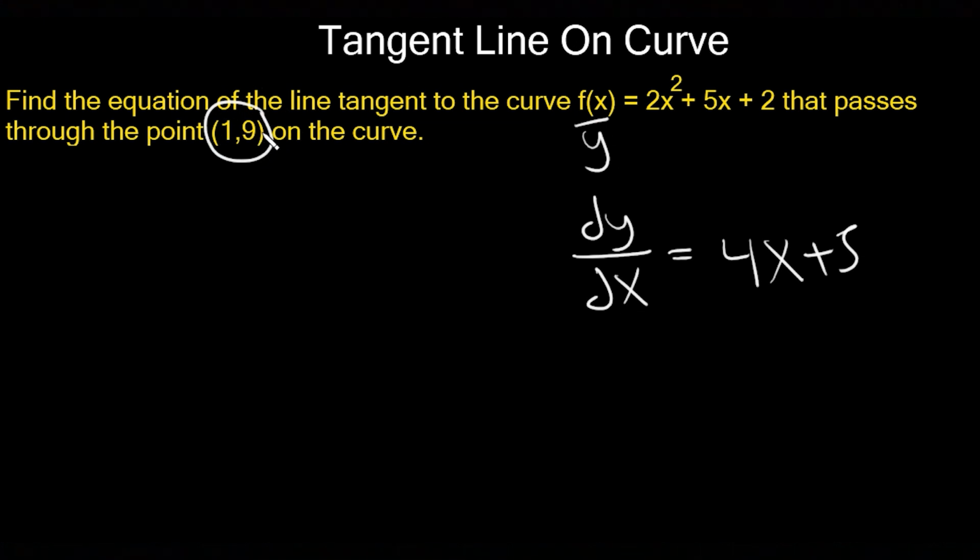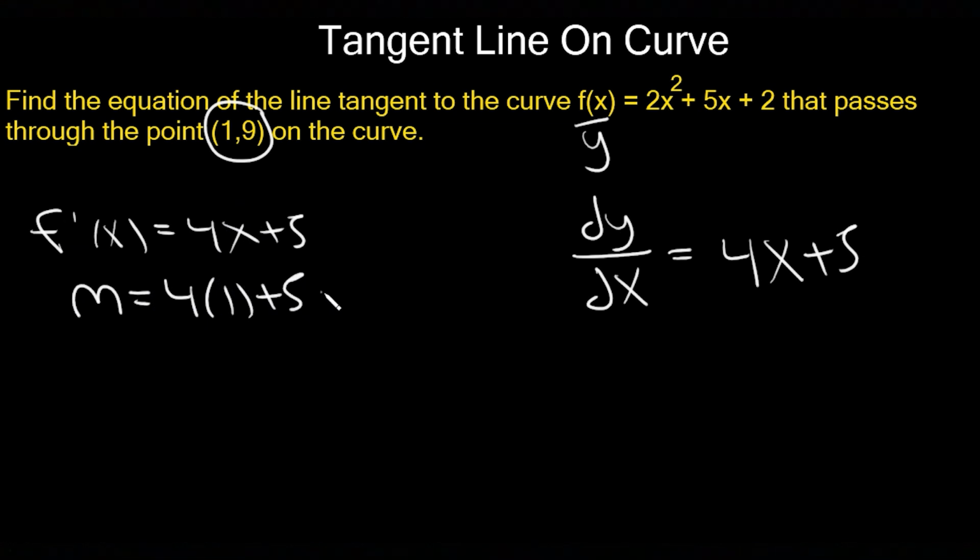So how do I go ahead and do that? Well, the first thing you have to do is get the actual slope. So at what x value is this tangent line occurring on the curve? And that's going to be at 1. So what I can say here is f prime of x, which is the derivative, right? dy dx, is 4x plus 5. And so if I plug in 1 wherever I see an x, that's going to give me the actual slope of that tangent line passing through that point. So I can say here, slope is equal to 4 times 1 plus 5,